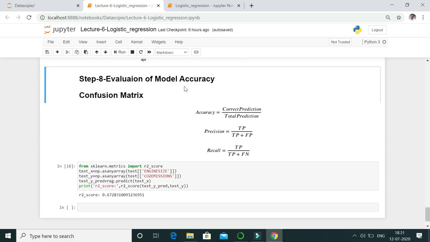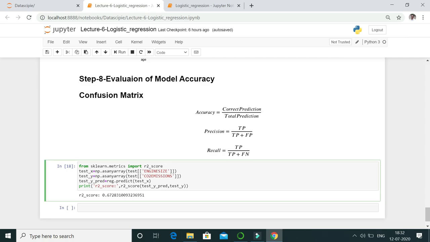Next, evaluation of the model accuracy. As here we are predicting whether the event occurred or not, we are not using R2 score; rather, we are using a confusion matrix. First of all we import it and then discuss it. Replace R2 score with confusion matrix.